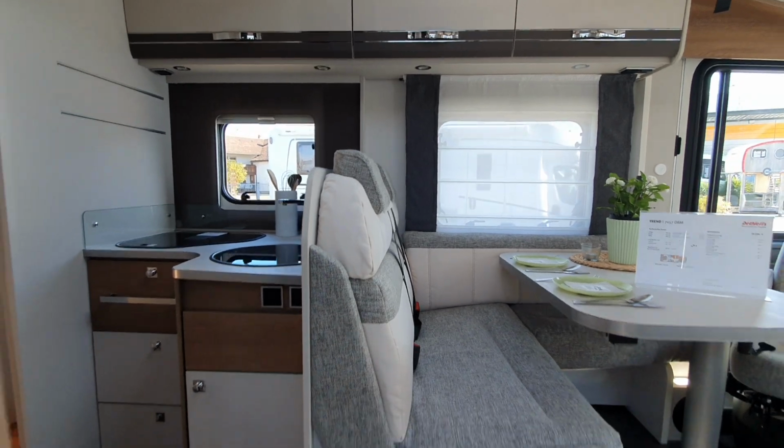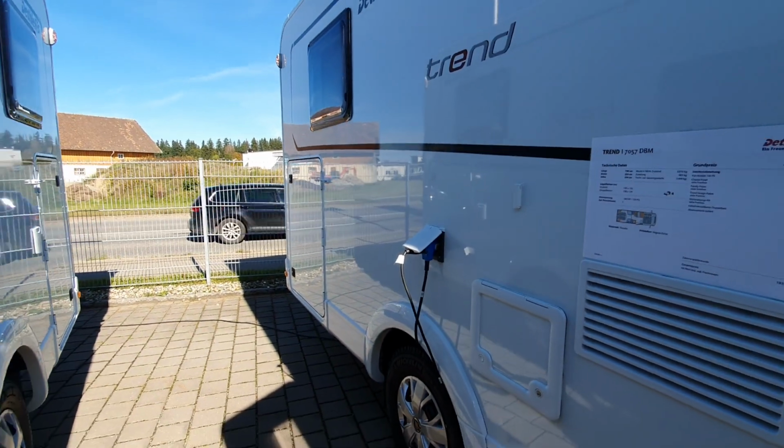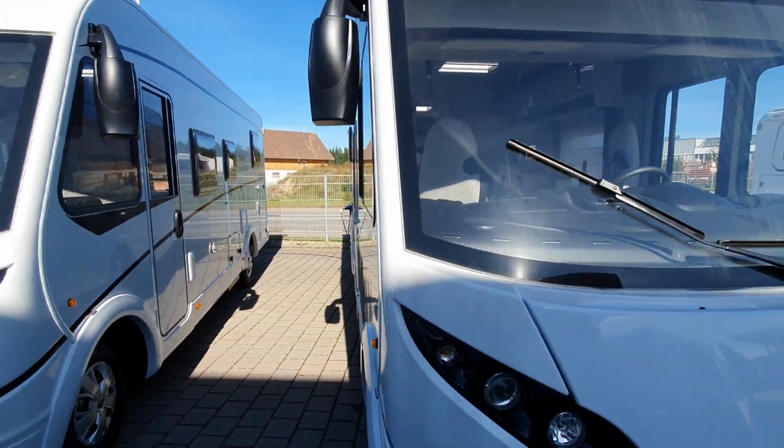It also has a large garage which you can see over there. I've done this video in under 3 minutes,